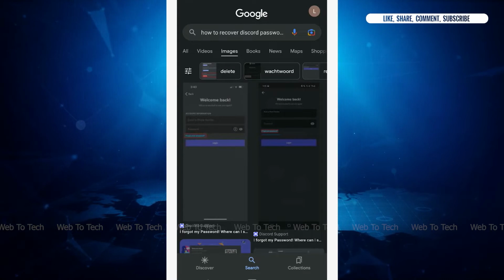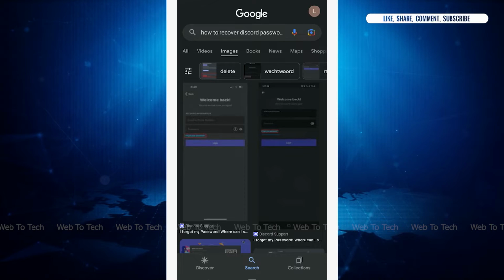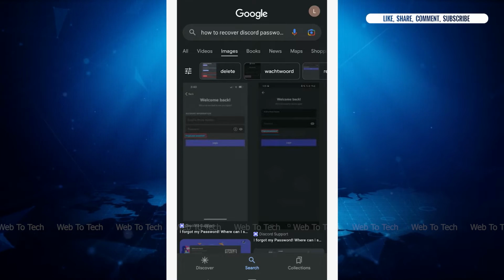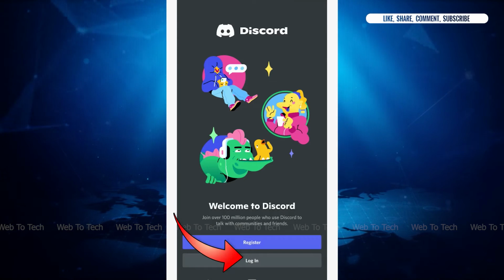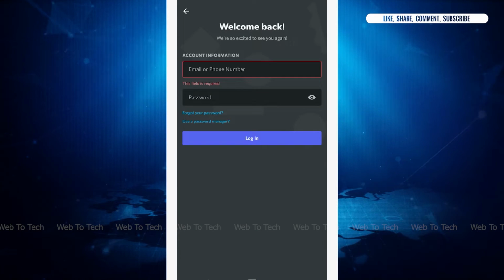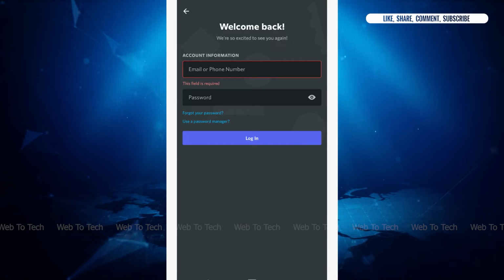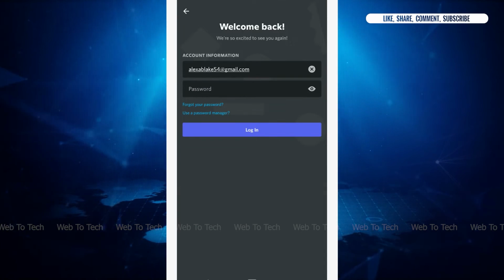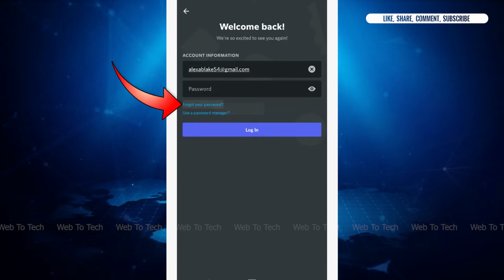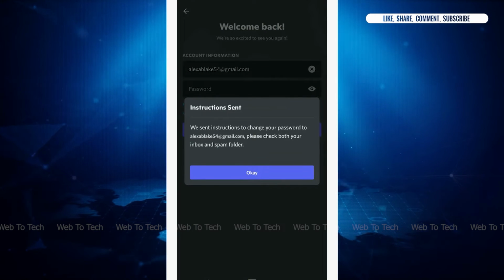Today for this video of WebToTech, I will be showing you how to recover Discord password. So for that, open the Discord application and here on the home page you tap on login. Now the first process is type in the email address or the phone number of your Discord account. Once you typed in the email address, you tap on forgot your password, which will begin the recovery process for